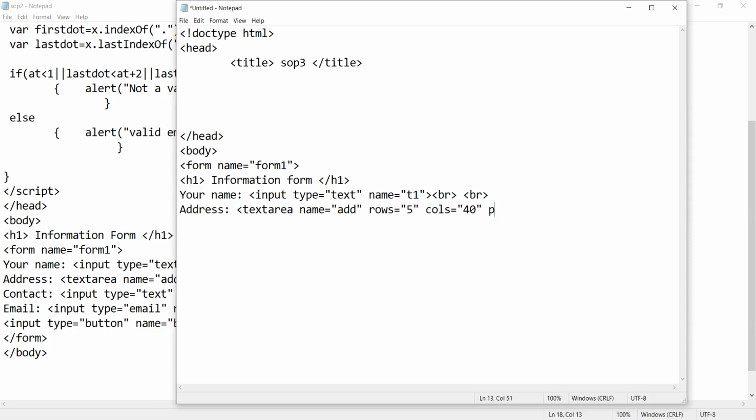So for that we are going to use the placeholder property. The placeholder property is used to display that particular message on the output. So in placeholder I will use enter address. And then textarea tag close.